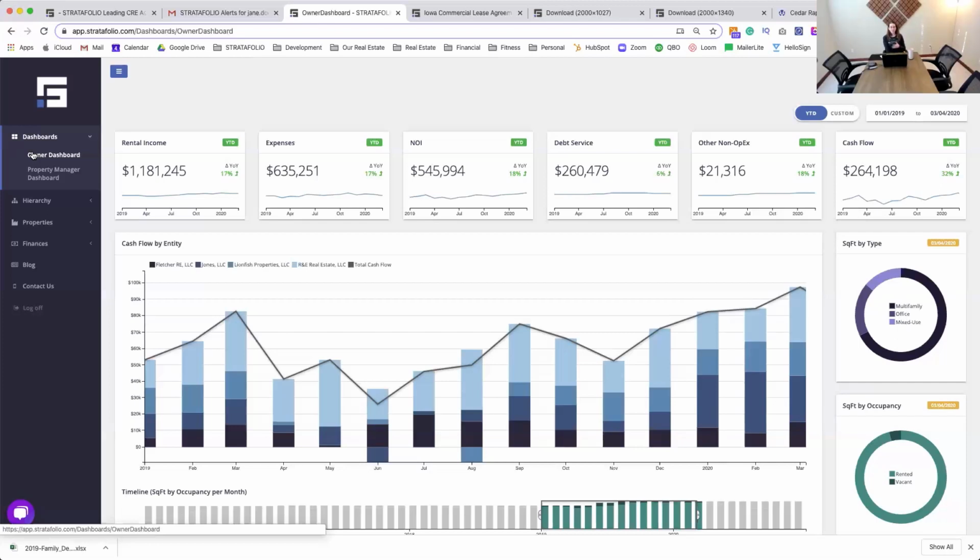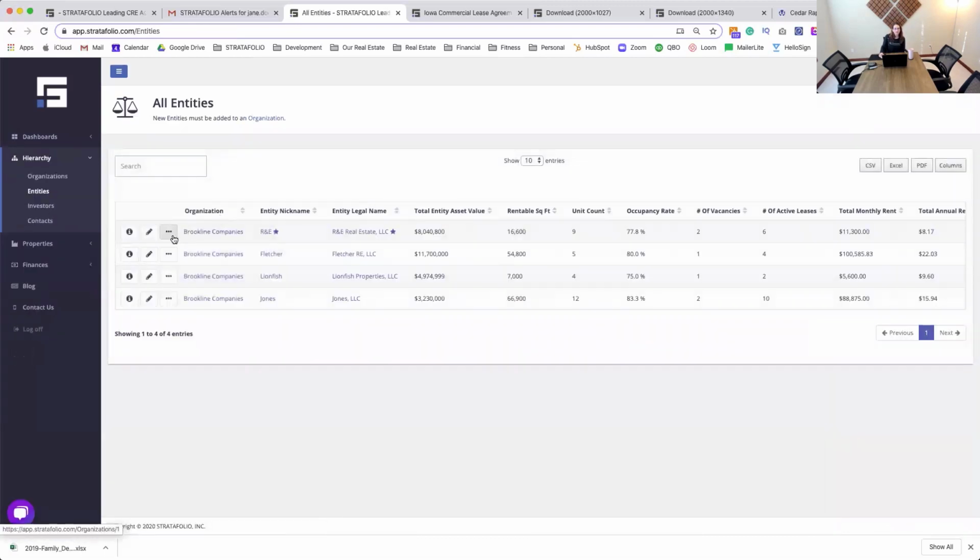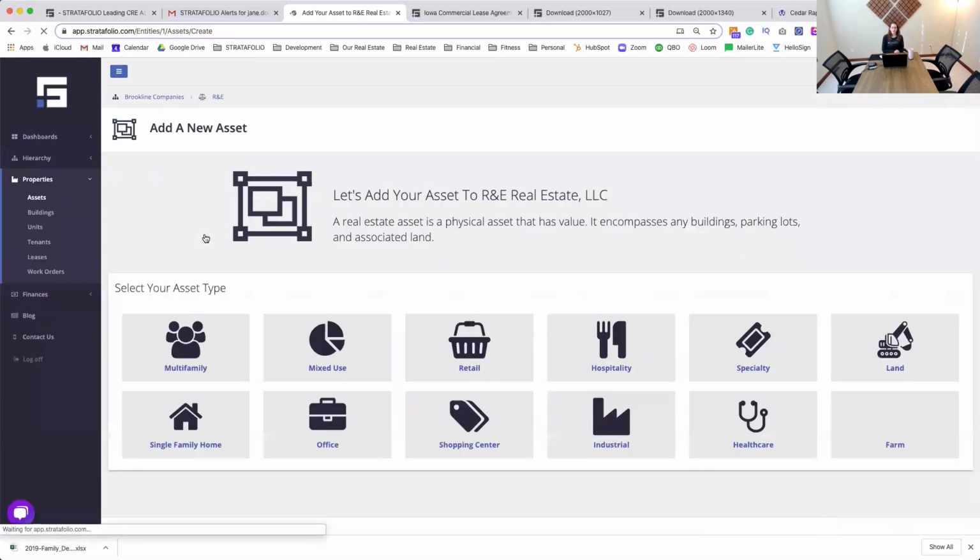Yeah. So obviously we can take in 12 different asset classes. And actually I should bring that up so you could see that. Let's see, we're going to add an asset here and then you can see exactly what it would look like. So these are the 12 different asset classes that you can bring in. What we have seen based on our conversations with customers is that people who are struggling the most are on the commercial real estate side. So people who have mixed use, retail, industrial, shopping center,